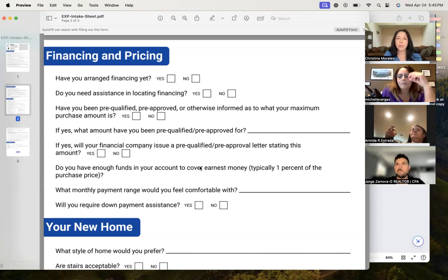Or it'll be like, oh, that property is not even listed. How did you find that property? Oh, I found it on Zillow. Well, okay, so they might have a slight edge on some of the properties that are popping up versus us, because we as realtors tend to put our blinders on when we have our buyers' criteria. But what we need to do is take those blinders off, because we'll just look for a 3-bedroom, 2-bath in Watsonville. So, okay, let's take that away and let's look at properties that are maybe 2-bedroom plus,